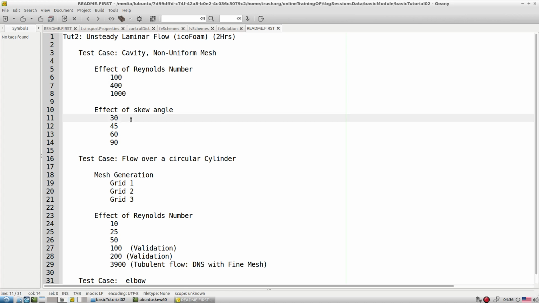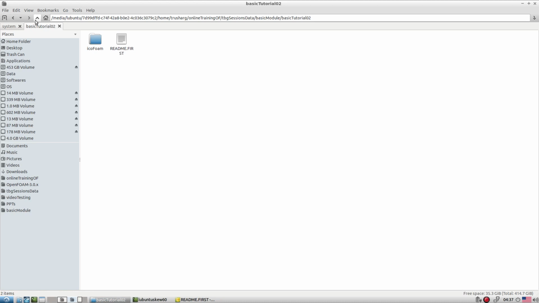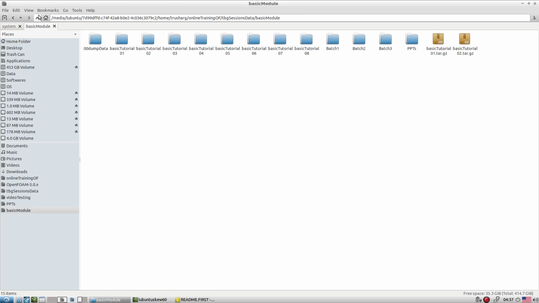Then you compare your result with the same data that you simulated with the help of simpleFoam. If you didn't simulate it, then I suggest please simulate the same cases with simpleFoam and compare one to one. When I say one to one, I will quickly show you how you are going to do that, for a very simple mesh. It is going to be a very good exercise: how you can compare the data from multiple solvers at a time in ParaView. So that is the concept.